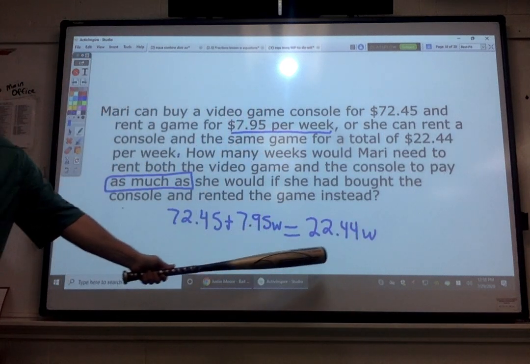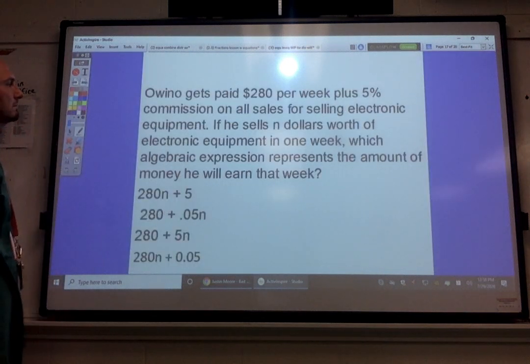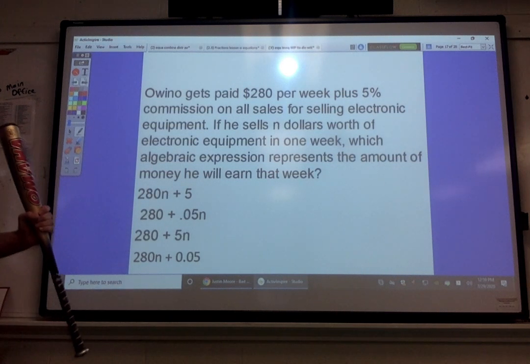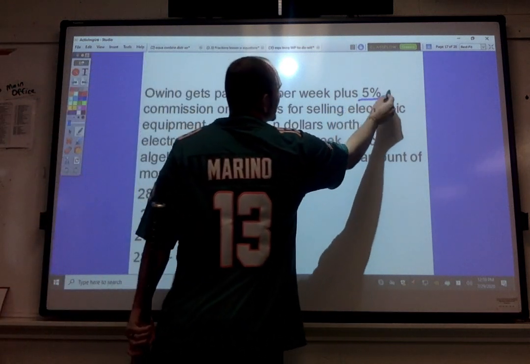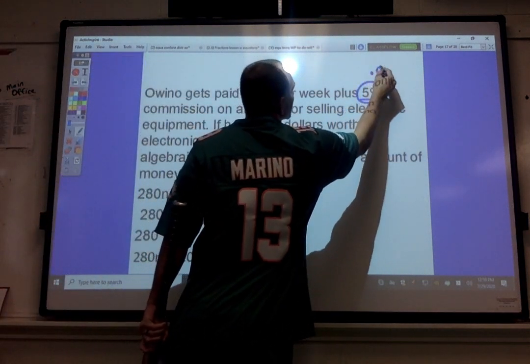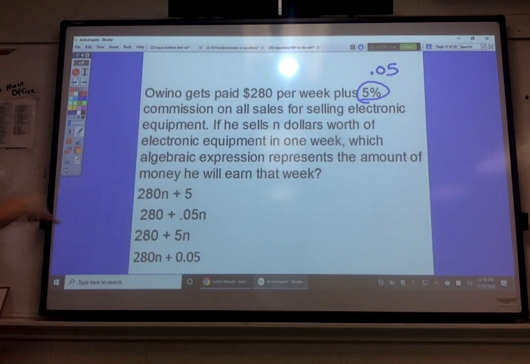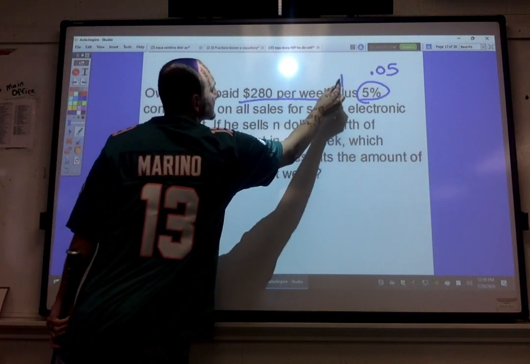Move our W over, subtracting it, and dividing. Here we're representing commission and percents. Remember, we got to change our percent to a number so we can use it in the expression. So right off the bat, 5% is that number. So you get 280 per week plus,